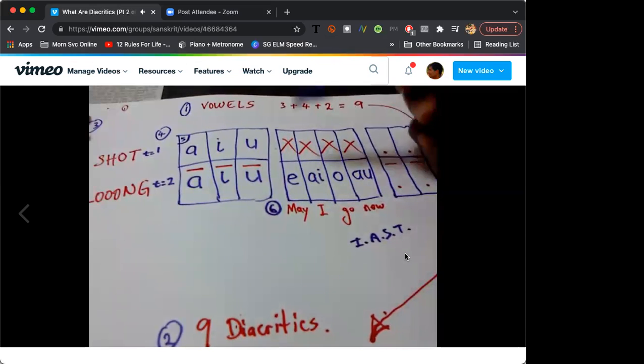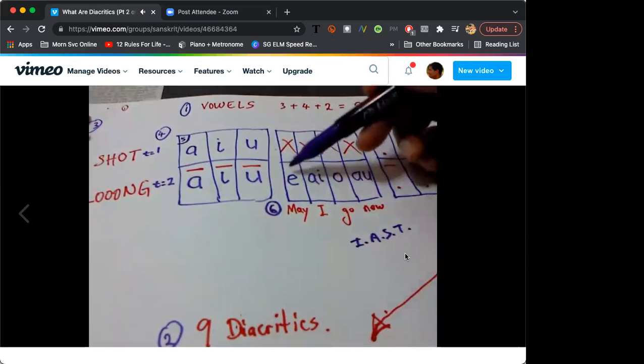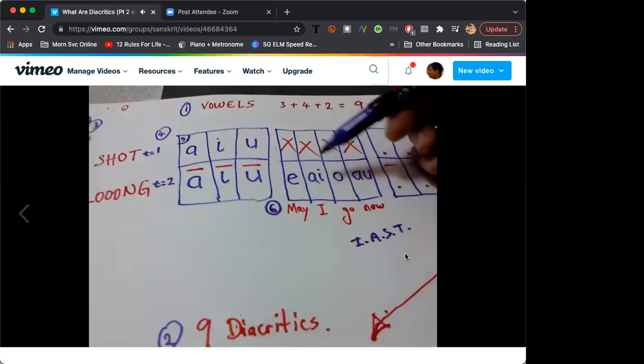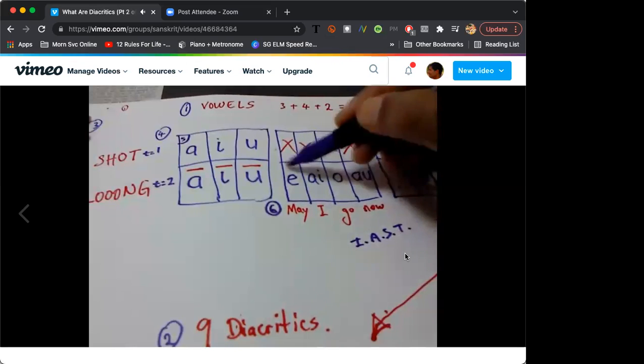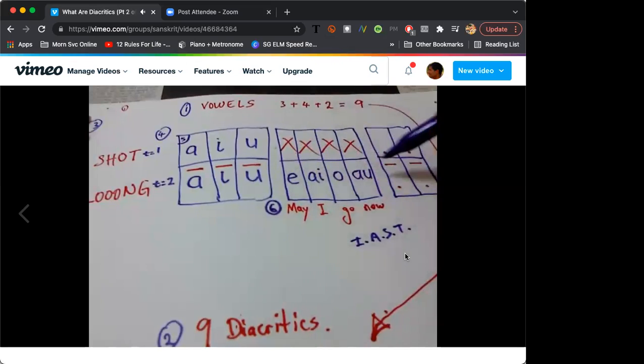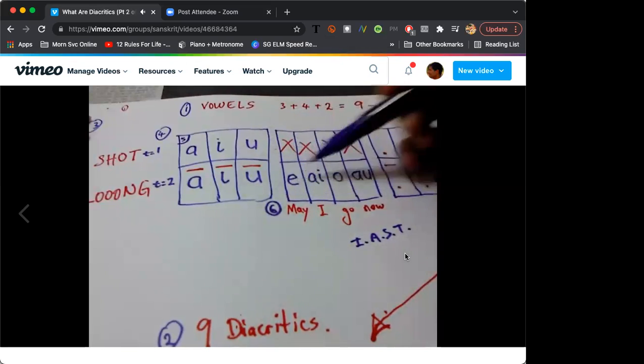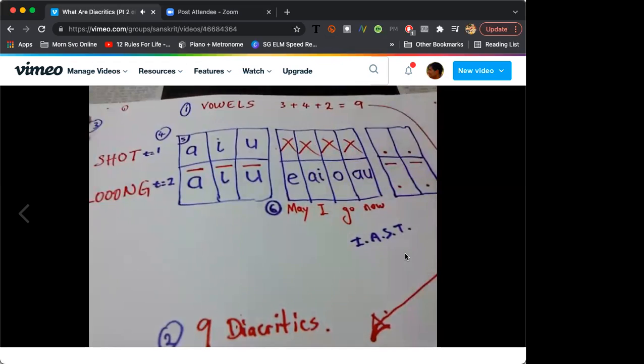IAST, they didn't add in this line on top. The Library of Calcutta has improved the system where they did add in a line on top, which is good, because then you can use this system for all other Indian languages where A and A, O and O are also there. But for Romanized Sanskrit, the purpose of IAST used in the Bhaktivedanta Book Trust publications of Srila Prabhupada,